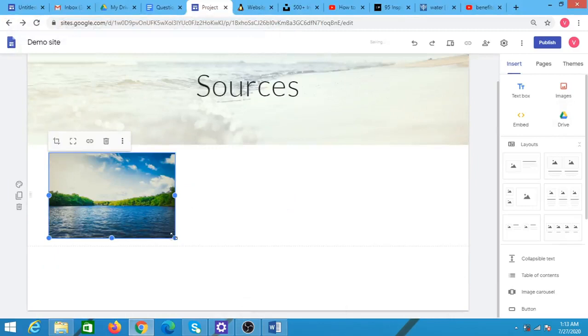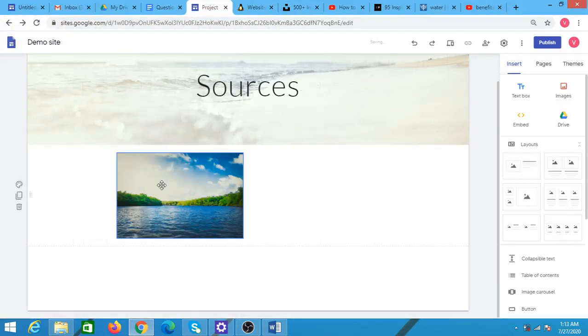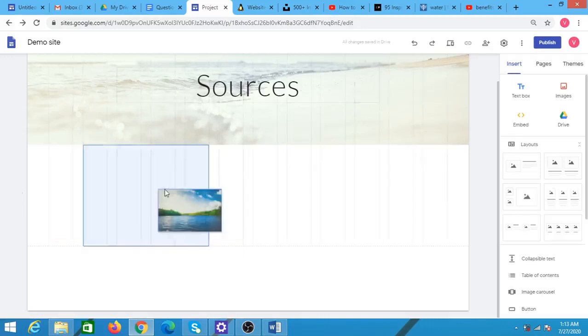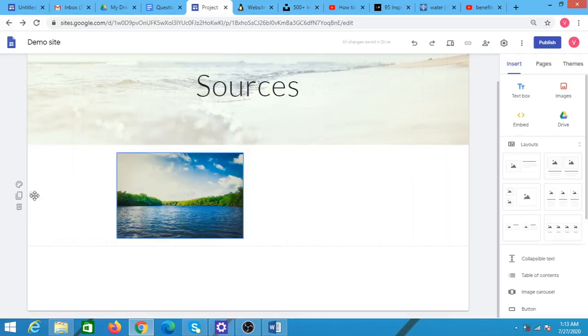You can resize the image, and you can move the image using this cursor. Also, if you wish to delete this section, you can delete it from here. With the image, you have the crop option, with the help of which you can crop the image according to your own desire. There is another option which is uncrop, which will undo the results of the crop option. You can also make this image a link by clicking on the insert link option.